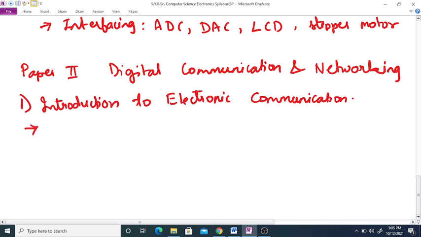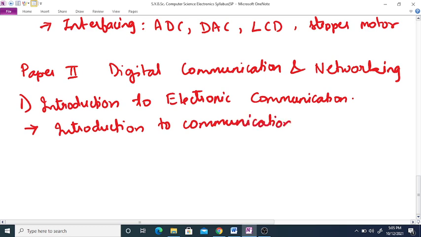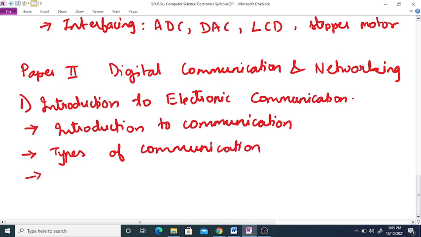In this unit the subtopics covered are introduction to communication, then types of communication, next serial communication,